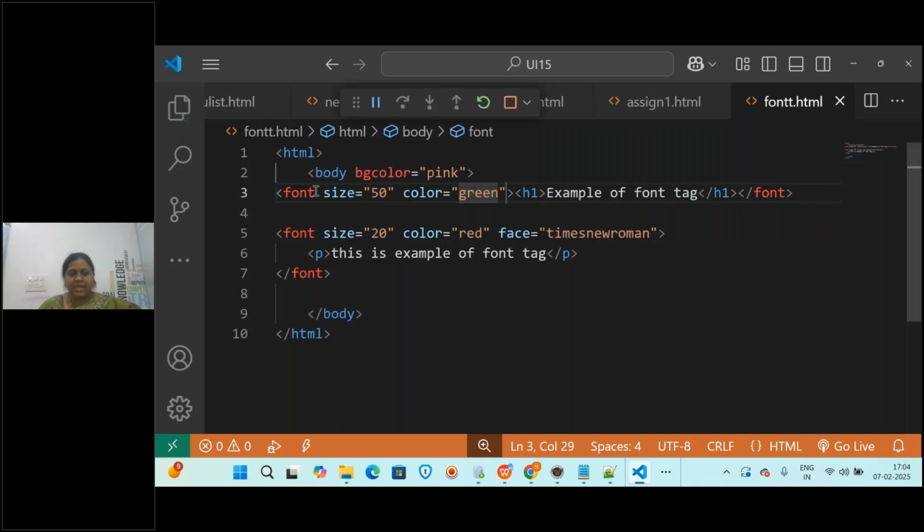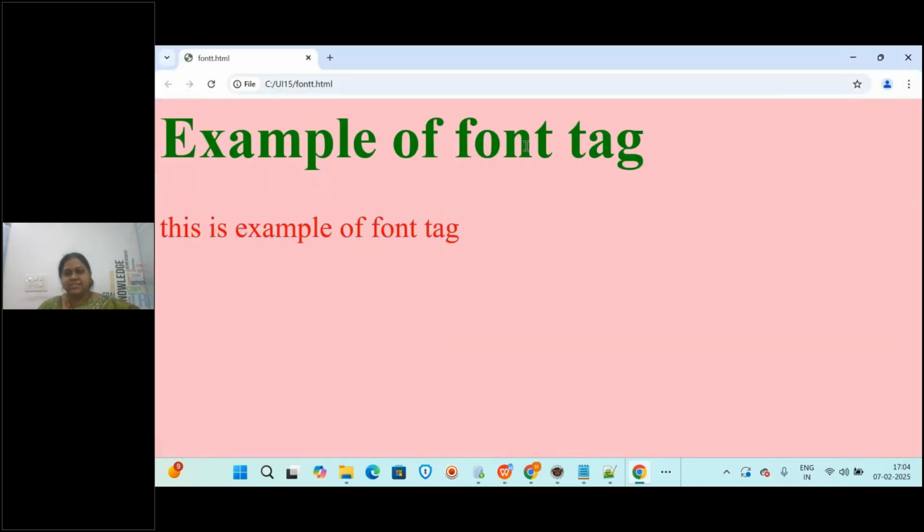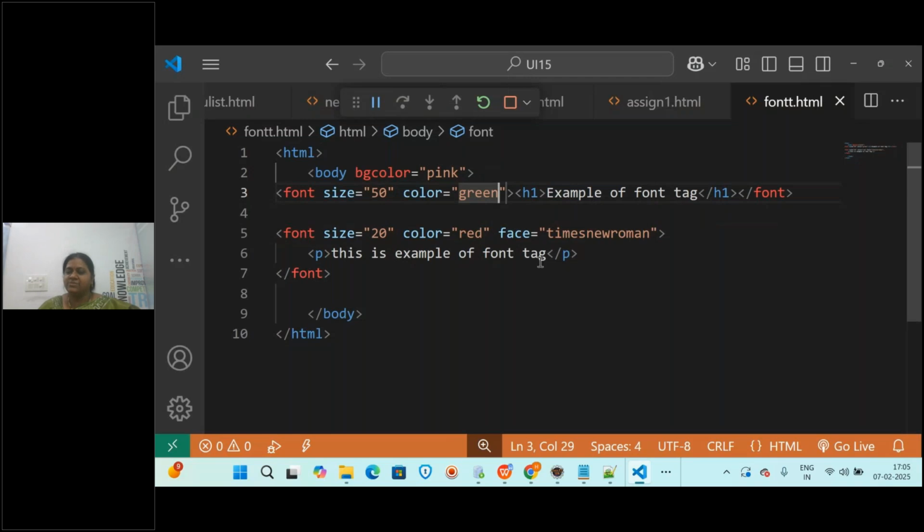Save this and go back and refresh. See the size increase, this is 20 and this is 50. And the color is green. In CSS we can easily apply this, I will tell when we start it. This is also one of the presentation tags that we have.